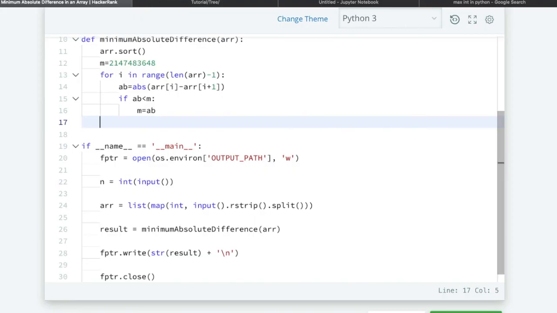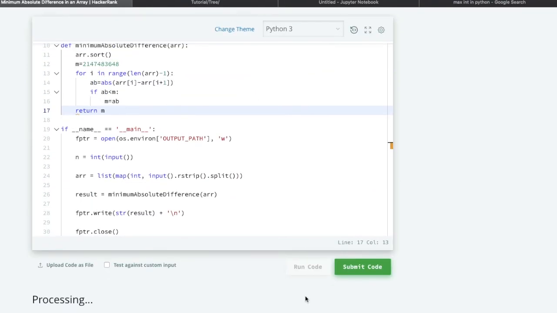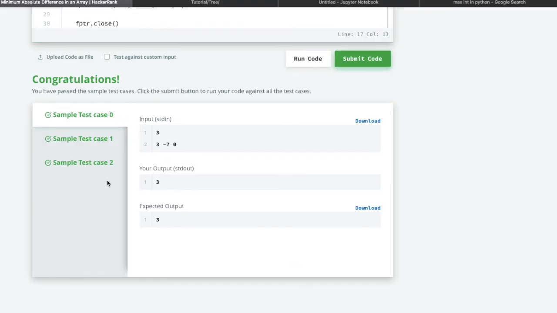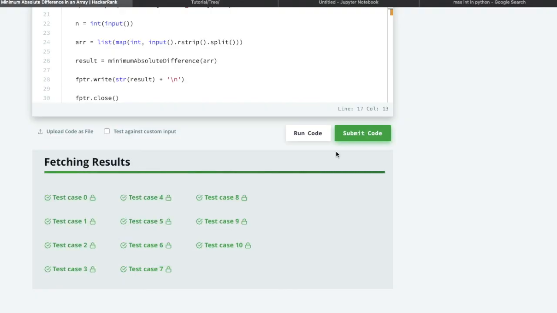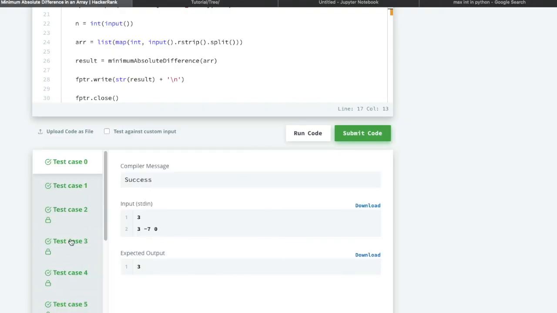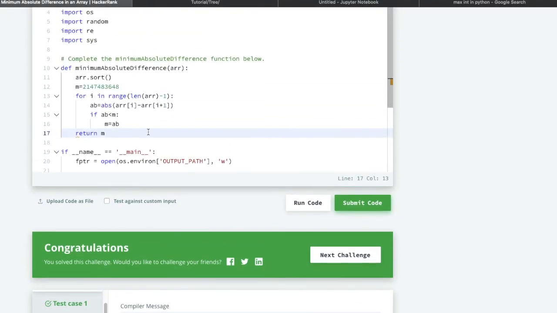So let us return m. So we are done. Let us run and see. Okay, we are done with the sample test cases. Let us submit this code. Congratulations, we are done with all the hidden test cases.